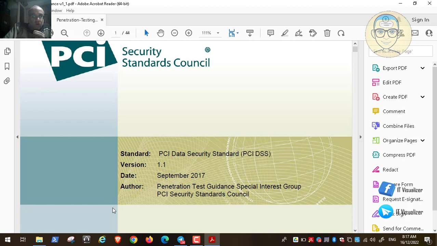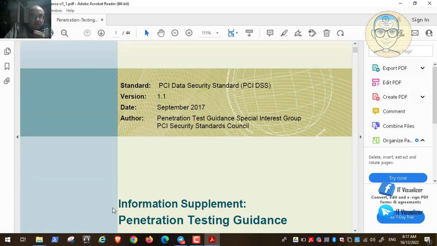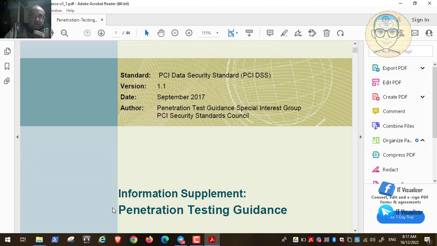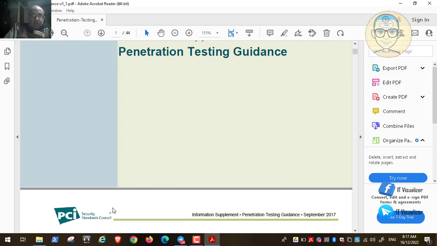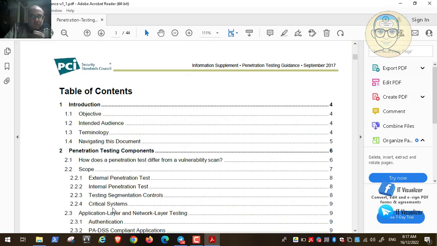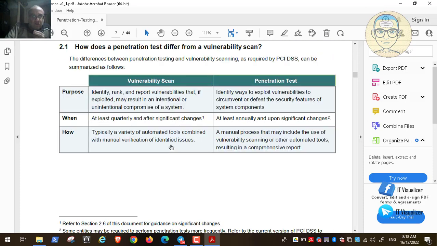This is PCI Security Standards, a very well-known organization that issues standards to secure, especially, devices used in financial transactions. Let's for example see here. It says, how does a penetration test differ from a vulnerability scan? It says that a vulnerability scan identifies, ranks, and reports vulnerabilities that, if exploited, may result in an intentional or unintentional compromise